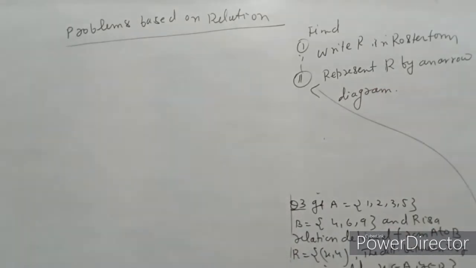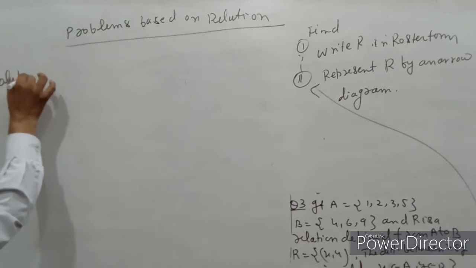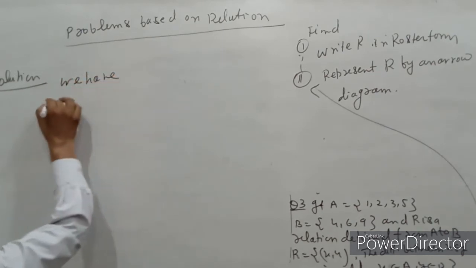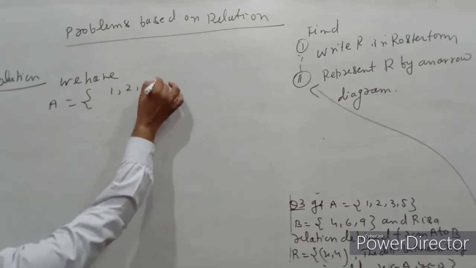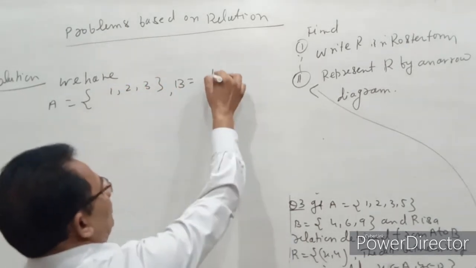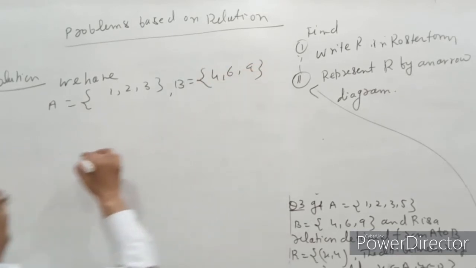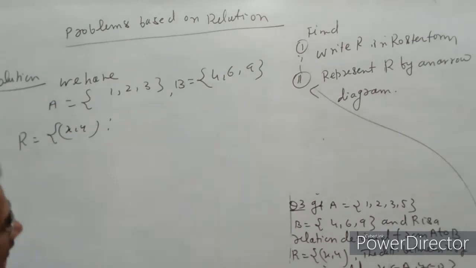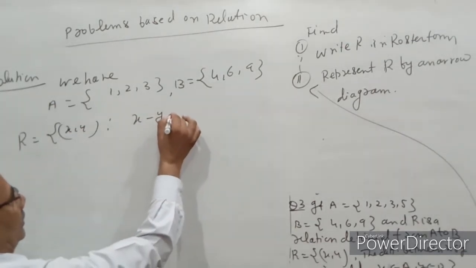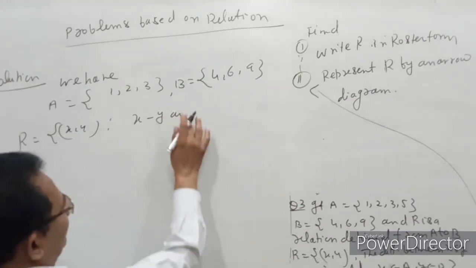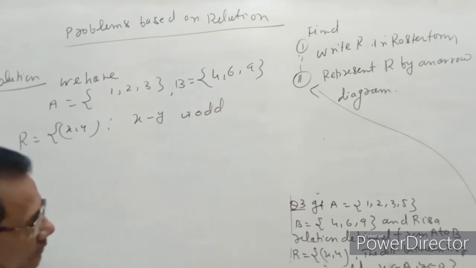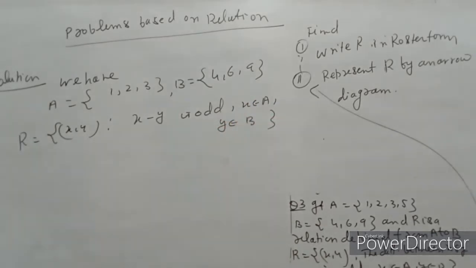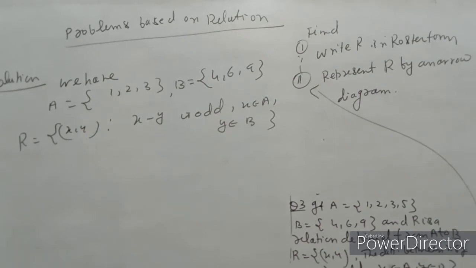देखिए क्वेश्चन नंबर 3, अगर हम यहाँ देखें सॉल्यूशन क्वेश्चन नंबर 3 का, तो here R is equal to, we have A is equal to {1, 2, 3, 5} और B is equal to {4, 6, 9}, and R is equal to the set containing all ordered pairs (x, y) such that x minus y is odd and x belongs to A and y belongs to B. So therefore the value of R is as,